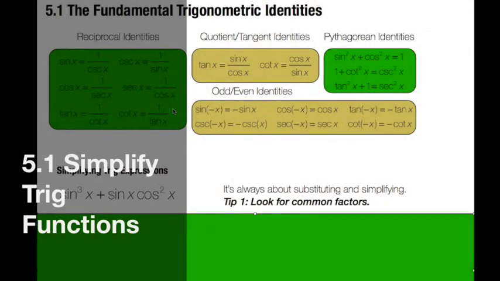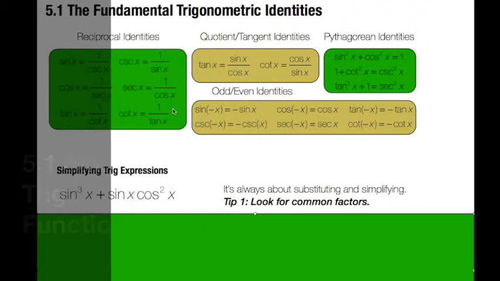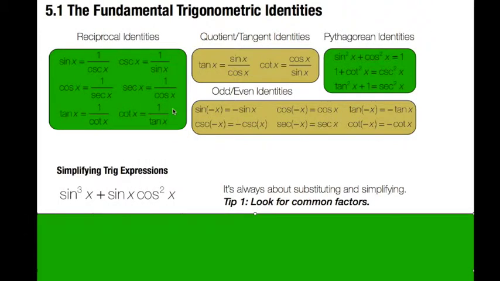5.1, the fundamental trigonometric identities. All right, so you see on the screen a couple of the basics: the reciprocal, the quotient, sometimes called the tangent, the Pythagorean, and the odd and even identities. The top three that you see, the reciprocal, the quotient, and the Pythagorean,